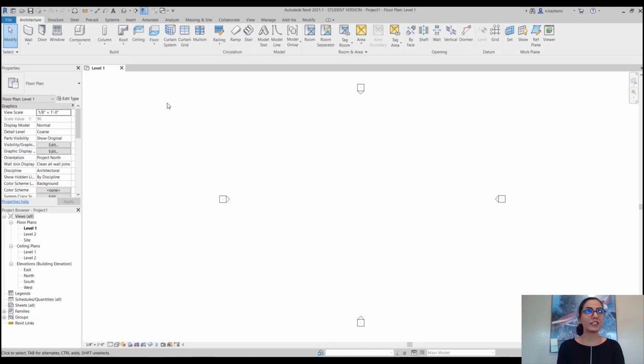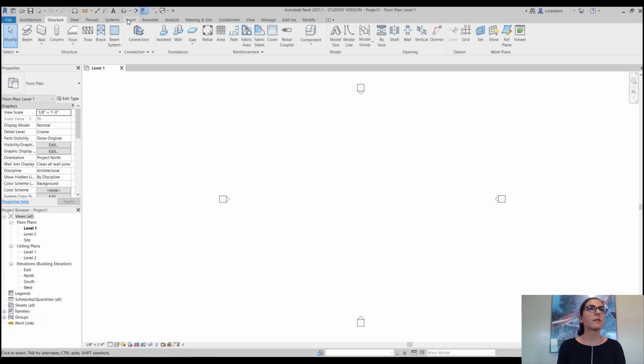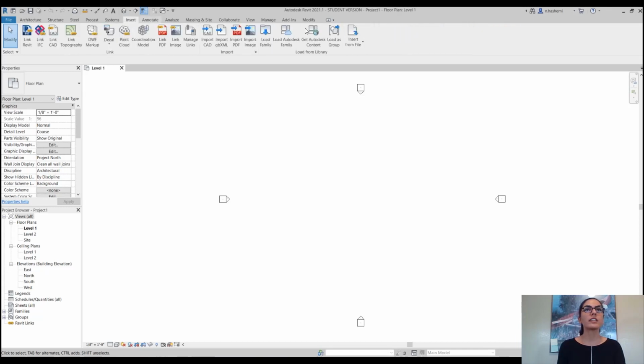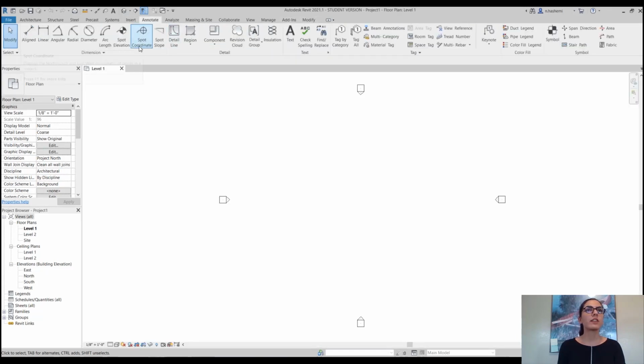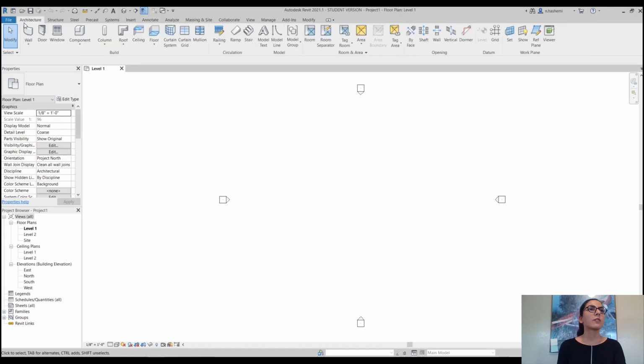So just be patient. We have some tabs here: the architecture tab, structure tab, insert tab, annotate, manage, modify, and many other tabs. What we work on is mainly in this tab, but we will use the rest of them as well.